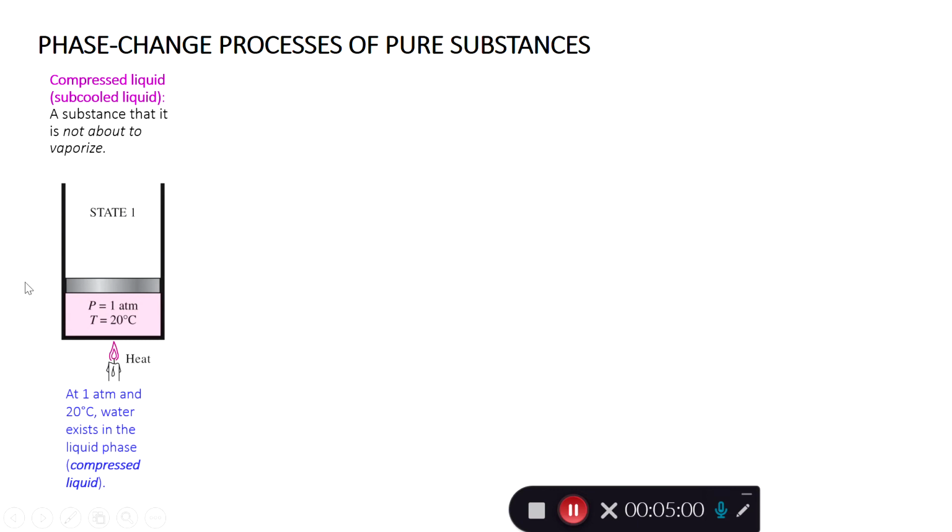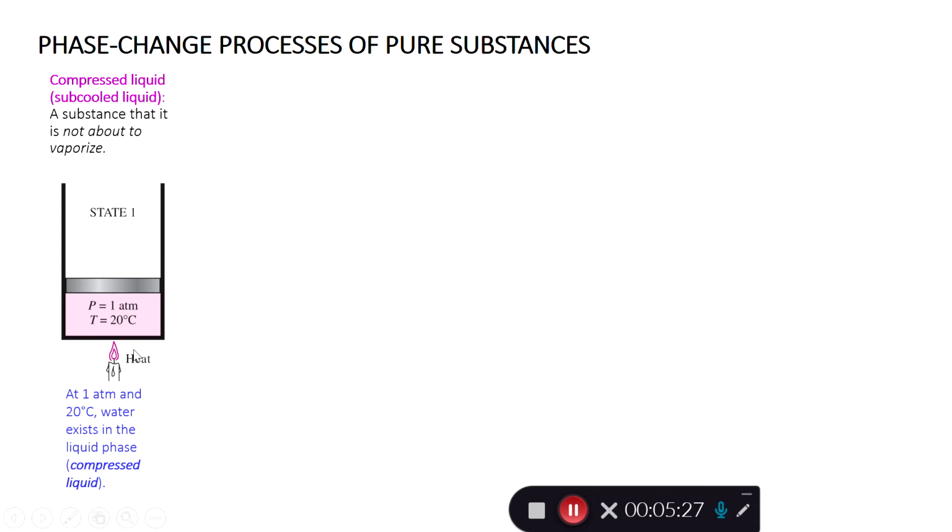Okay, so this is a piston. We have a certain mass of water inside. It starts at 20 degrees temperature and the pressure is 1 atm. 1 atm is about 101.325 kPa. So it is basically atmospheric pressure, right? This is atmospheric pressure. So normally we call this water,